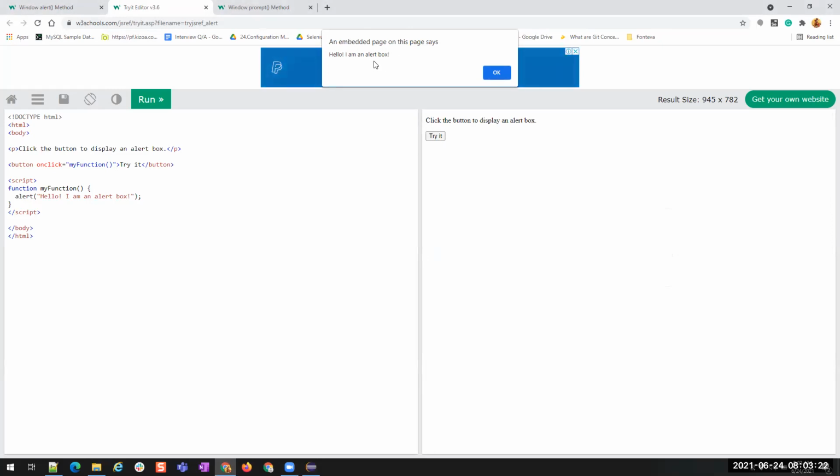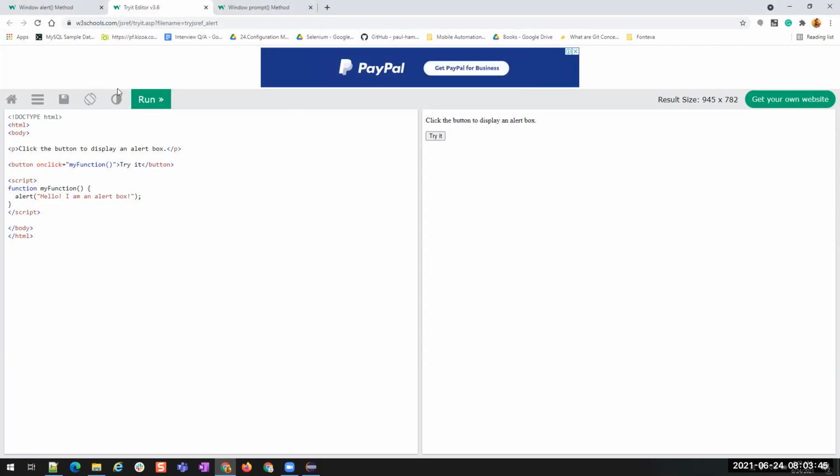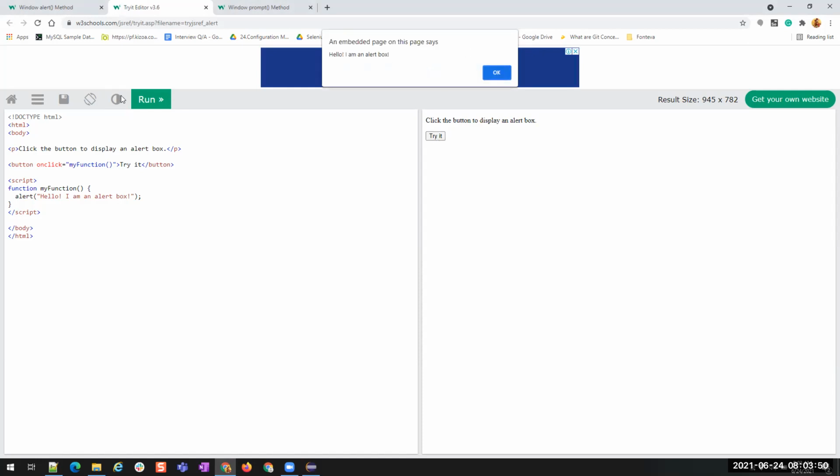To deal with this alert, we do not have any HTML. To click on this OK button, we do not have any HTML page for this alert box. So we won't be able to perform any other operation when this alert is present on the page. Might be I clicked on multiple times, try it. See, when that is there, I won't be able to perform any operation. When the alert is there, I won't be able to click anywhere. The page will be completely unresponsive. It won't be working unless we take an action on the alert.